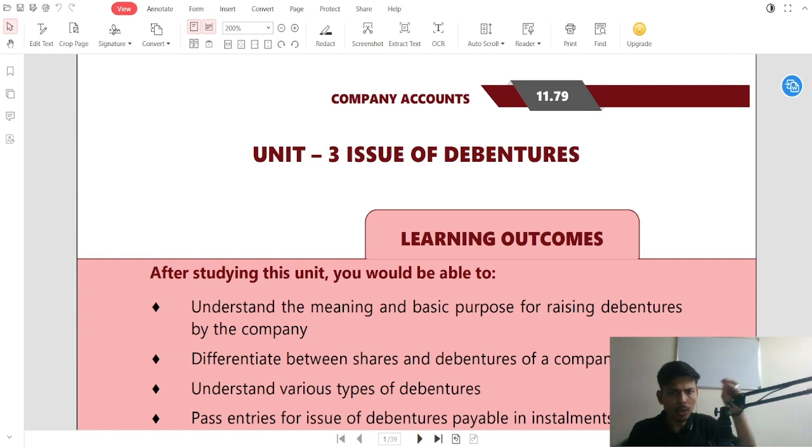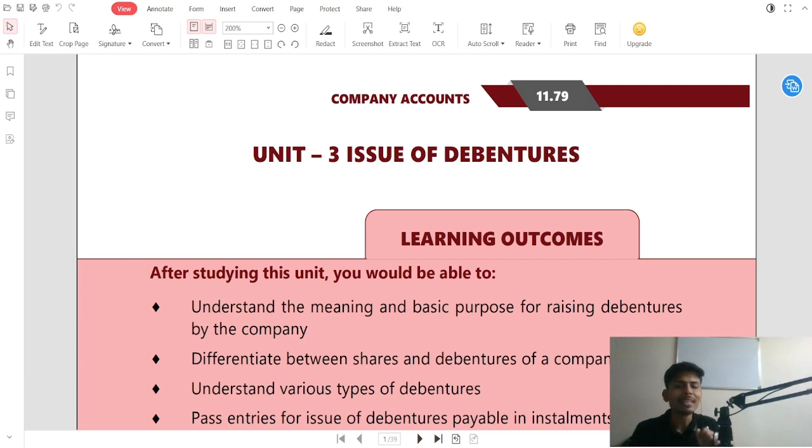When you take a loan from the bank, you have to pay the installment each and every month, which includes principal plus interest. In the case of a company, it is the same. If a company also takes a loan, then it has to pay the EMI each and every month. Now what if